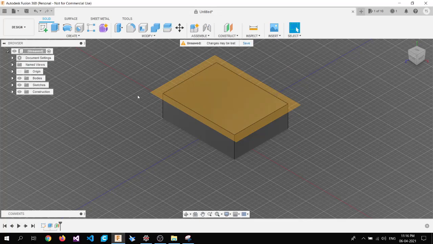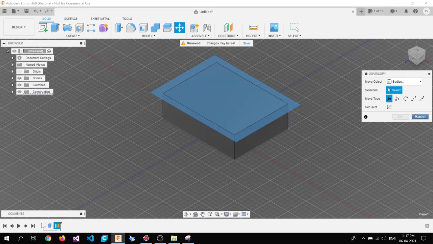Now there is one more menu that we might work with while going through the series, and that is the Components menu. Whenever we complete a part of the design, sometimes, if the design is far bigger than just a rectangle or a square, we need to divide that design into different components and then join the components as an assembly. So for that we create components from body. To do that, we are just going to move this construction plane to the bottom. So move and copy. We'll move this construction plane below.